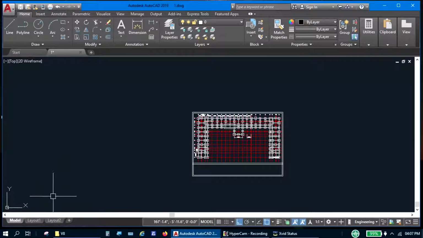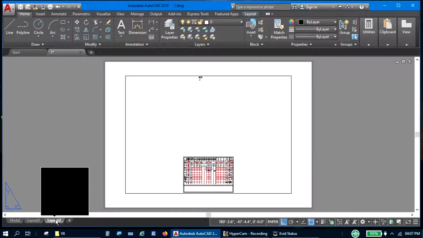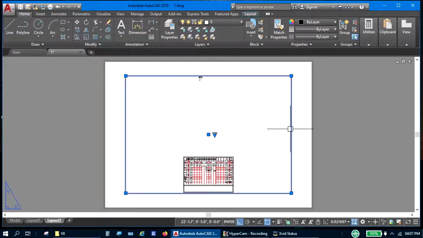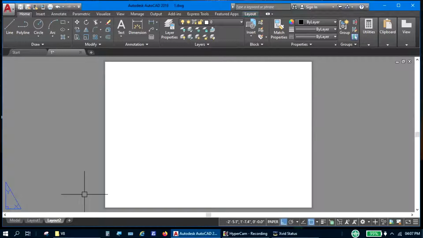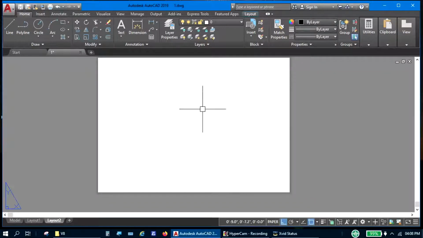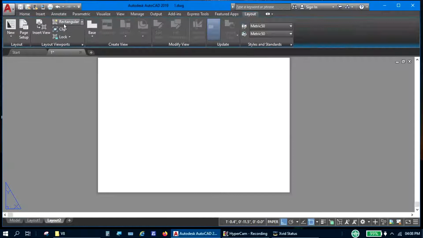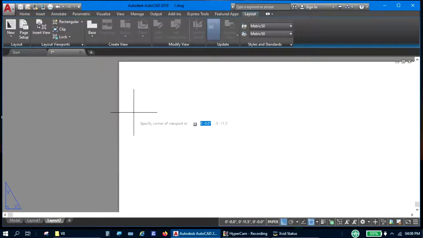Now click on layout tab and delete the existing viewport. Click on layout ribbon and select rectangle from the viewport drop down menu. Select diagonal corners.